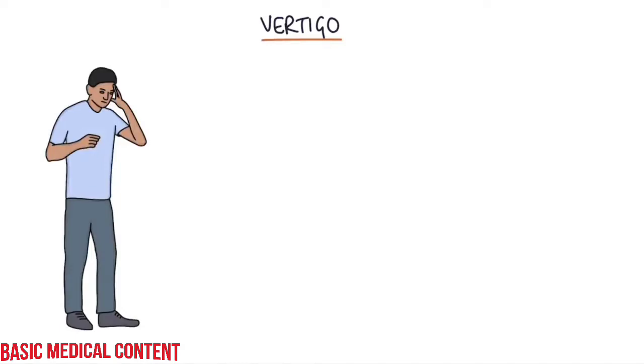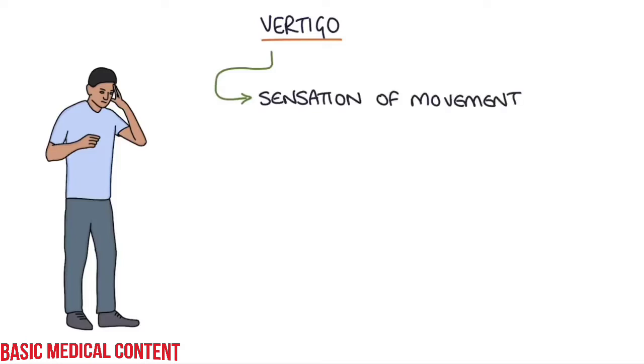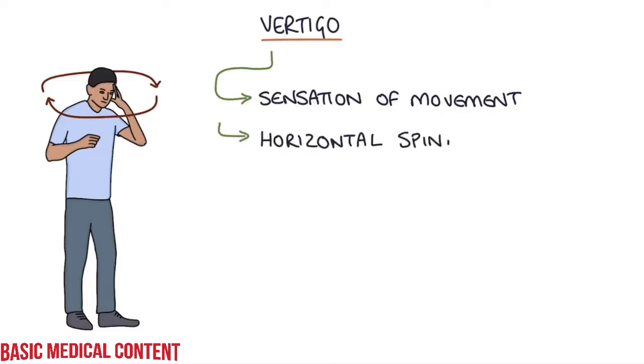In this video, I'm going to be talking about vertigo and specifically trying to understand the causes of vertigo. Vertigo is a descriptive term for a sensation that there's movement between the patient and their environment. So they may describe that they're moving or that the room is moving, and often this is a horizontal spinning